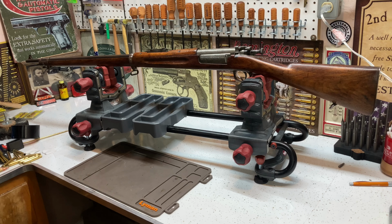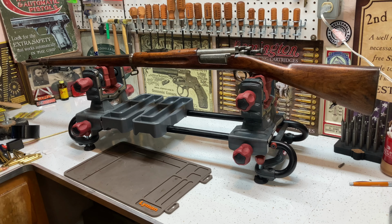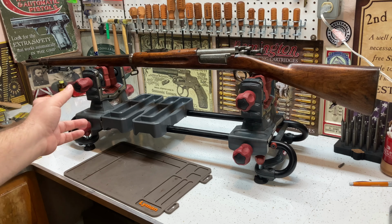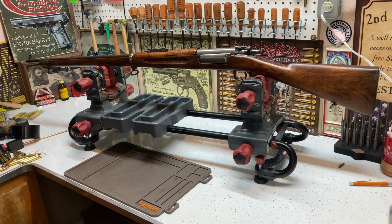Actually, it's a decent price, but I looked at the bore, and the bore concerned me. I'd seen the lands and grooves, but I didn't see them very prominently. So I told him, I don't know about this one, man. We talked for like 45 minutes. Then I asked him, would you be willing to take some money off of it? Because I also don't see a cartouche on the stock, which leads me to believe that this stock is not original. It's not been resanded, because I actually found a Z on there. But what I'm assuming is it broke in the field and was repaired in the field, or in an arsenal at some point after it was already commissioned. So